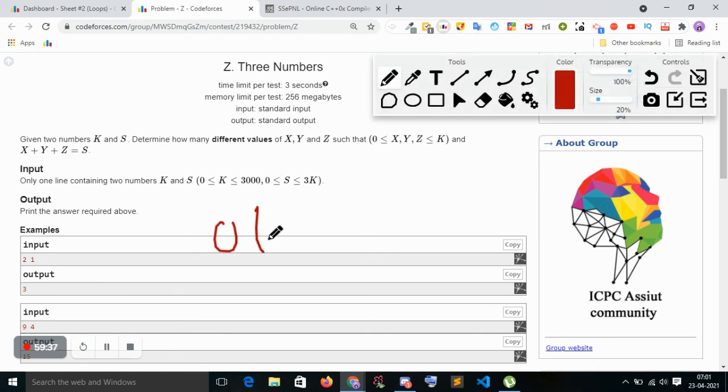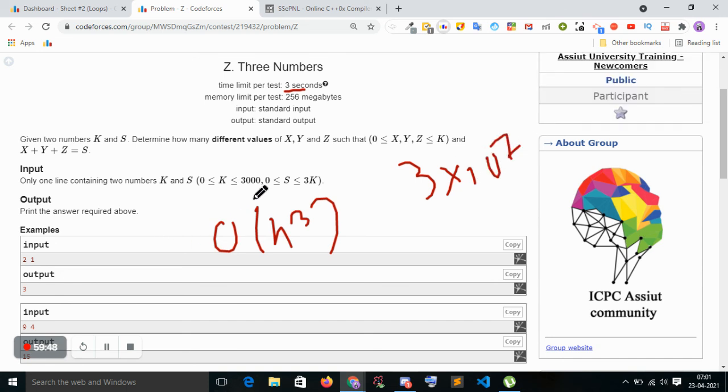If I take 3 nested loops, it becomes O(n^3). And I have only 3 seconds, so it will become 3 into 10 to the power 7. Here k is 3000. So 3000 into 3000 three times, it will